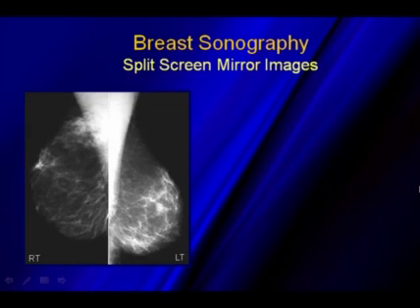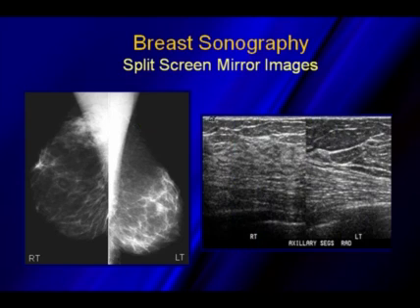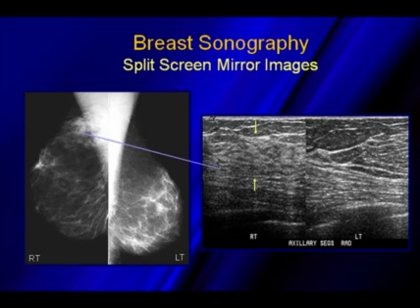So here on this mammogram, you can see that there's water density in the right axillary segment of the breast. When we compare it to the left, there's just normal fat on that side. So on ultrasound, we go into split screen. You can see that we've got normal fibroglandular tissue that corresponds nicely to what we're seeing on the mammogram. We've got fat in the left axillary segment that compares nicely to what we're seeing there. So one ultrasound image can show you the asymmetric tissue density, same as to what we're seeing on the patient's